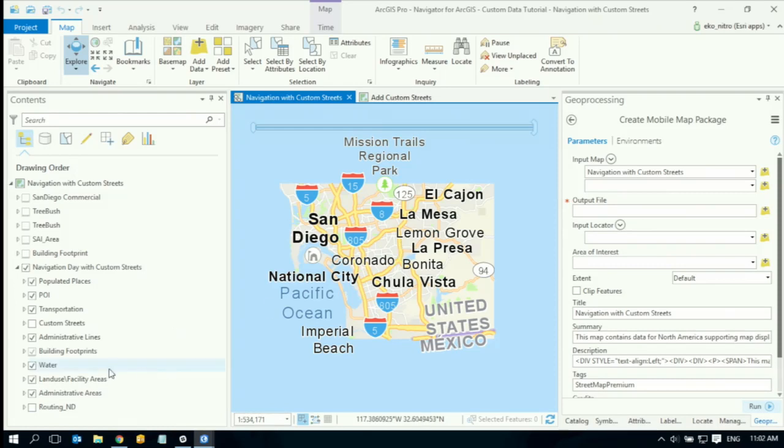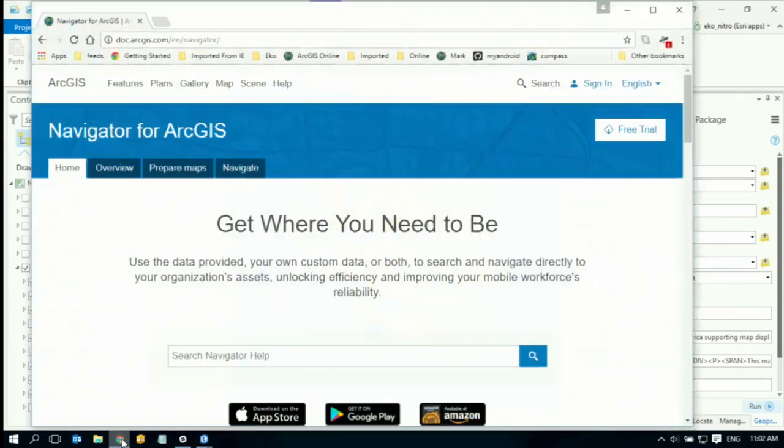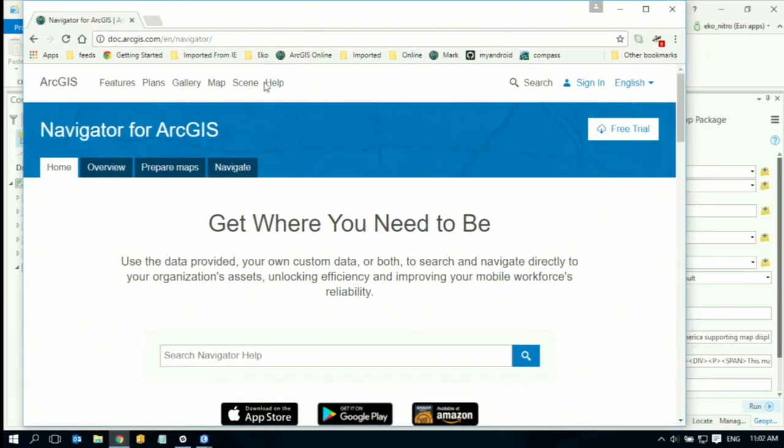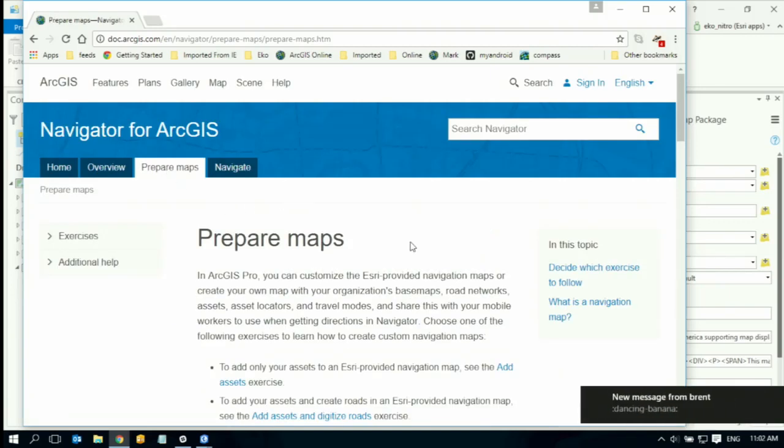And I just want to switch over and show that to you here in my browser. If you search for Navigator for ArcGIS tutorial and Esri, you'll get a top hit here for the Navigator for ArcGIS. And we've got this fully documented here on how to prepare maps. So if I go to the Prepare Maps tab,